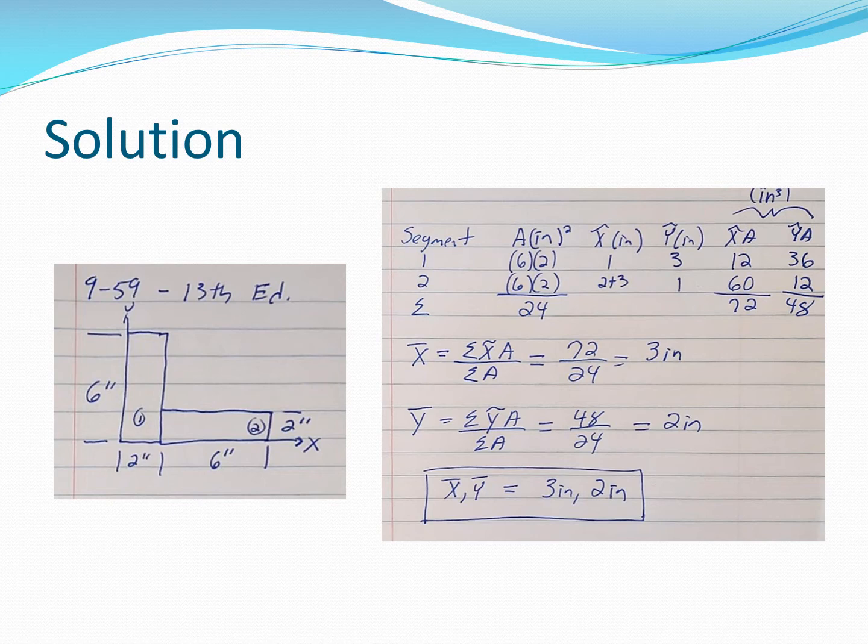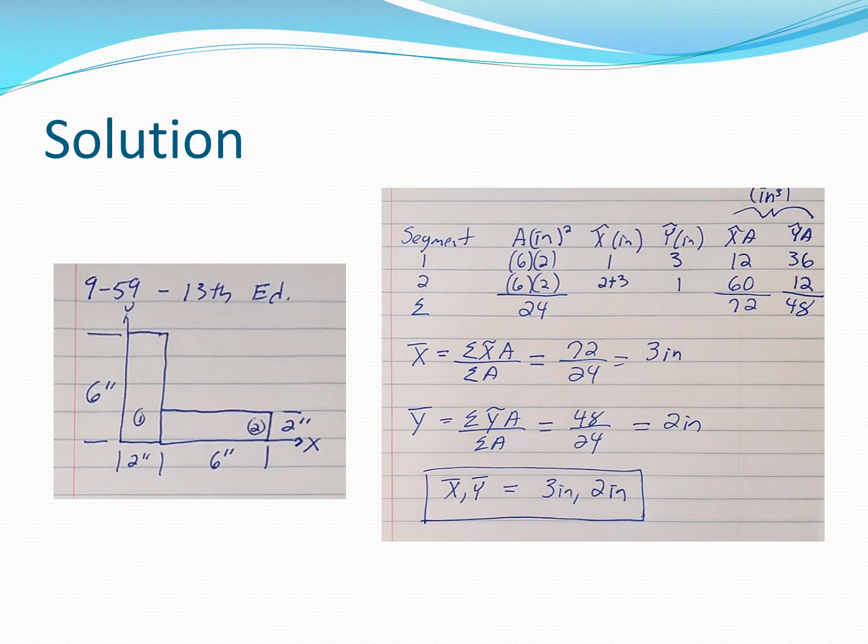So if we look at the first one, it's going to be at 3. And if we look at the second one, it's going to be at 1. All right, and then we've got my x bar A, my y bar A, sums of those together. Again, remember, these were in inches, so those are going to be cubic inches in those particular cases. So plug those values in, right? So I've got my x bar A's, the sum of those divided by my A's, and I get 3 inches